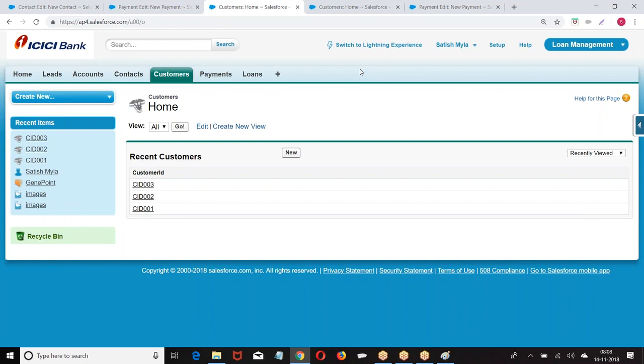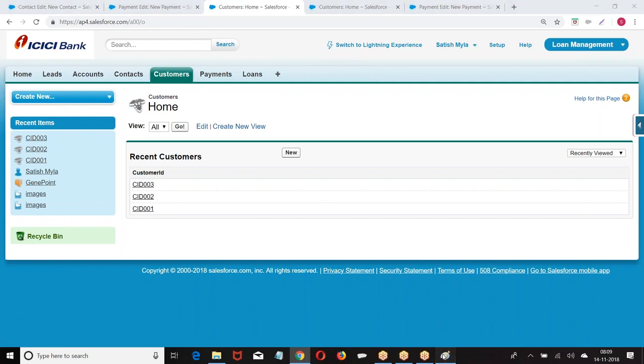Now allow reparenting. Once a child is created, if it wants, it can change the parent. Lookup filter will specify which records of the parent should be displayed in the pop-up window. Right. Sharing setting will tell who can create, edit, delete child records for a master. I hope you are good with this. This is what we have seen.